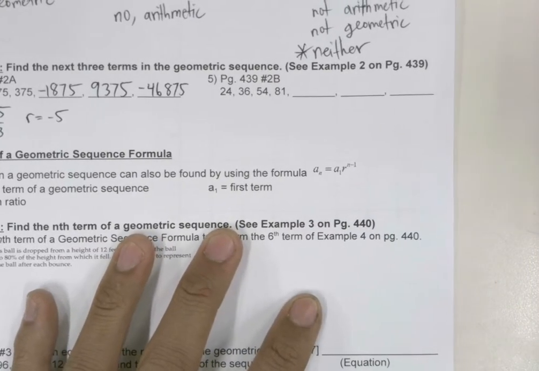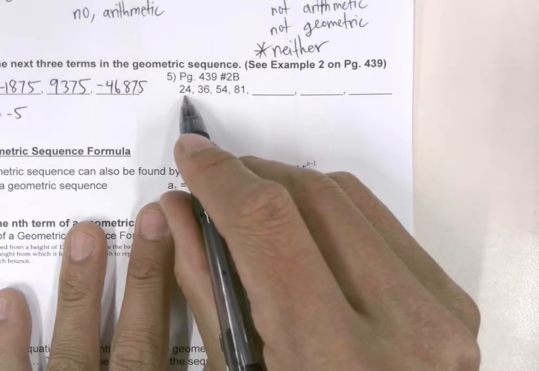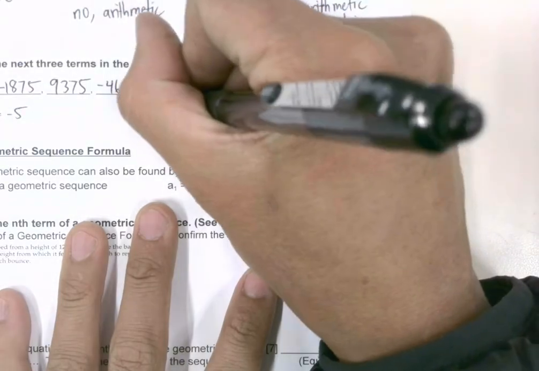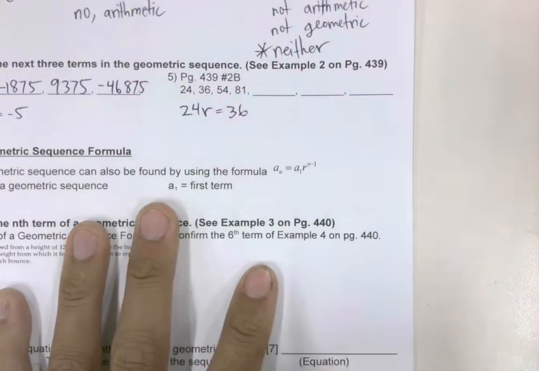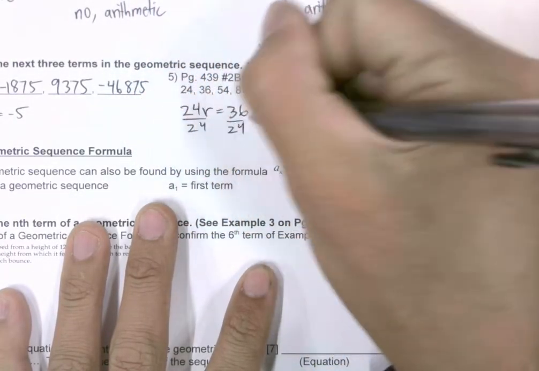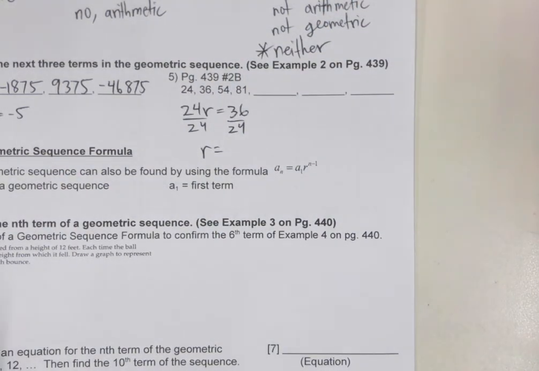Let's go ahead and try the next one over here, number 5. We need to find r, the common ratio, and the way we do that is we take 24 times the common ratio is equal to 36. So it's 24 times r is equal to 36, and we're going to solve for r, find out what it is by dividing both sides of the equal sign by 24, and we get r is going to be equal to